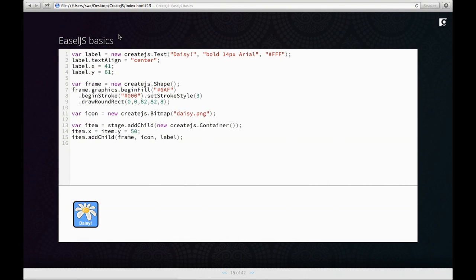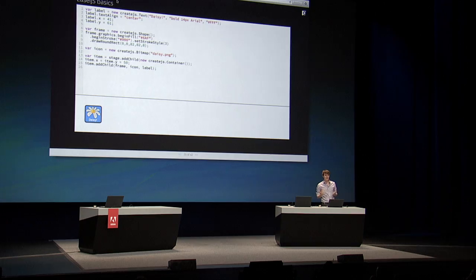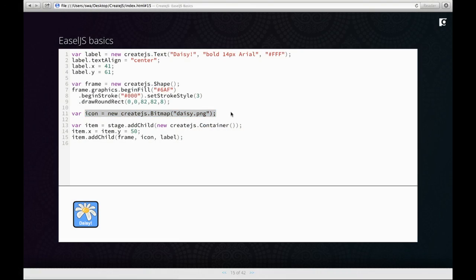So that's sort of a quick hello world. Obviously, we have different types of graphic objects, right? We have labels, which we just looked at. We have vector art, so we have shape. And basically, we just create a shape, grab its graphics, and start drawing. And this is all retained graphics. We can add bitmaps. And then we can also aggregate these things together into containers, so we can move them